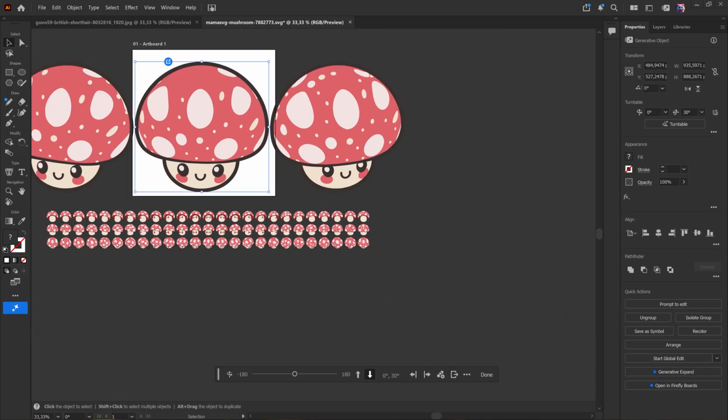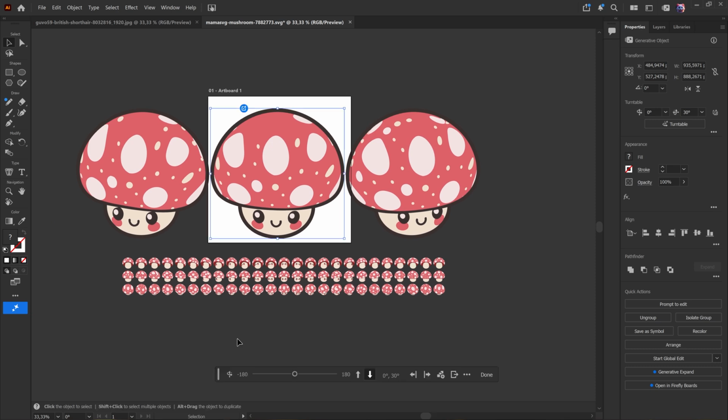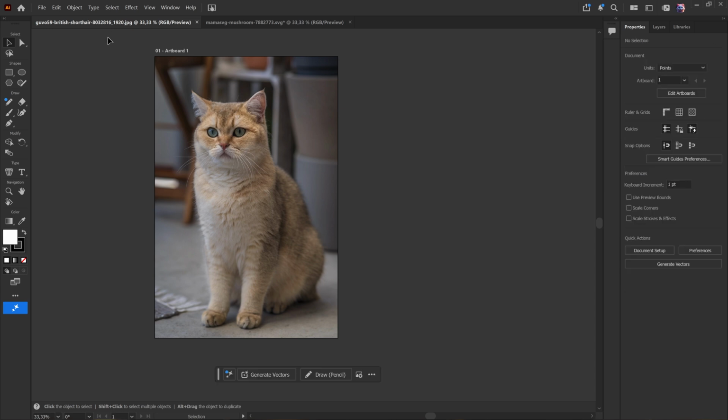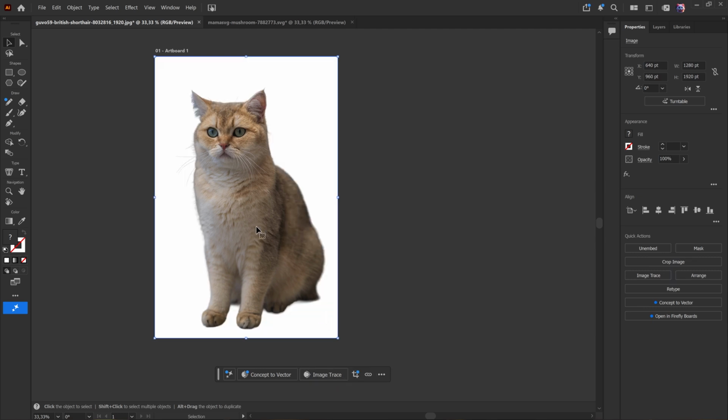But as I said, they added a new feature to the turntable you can use, and it's really awesome. It lets you use a picture and make a 3D art from your picture. So not a vector object, as you can see here, it's a JPEG. This was an SVG. This is a picture. First, let's select this one and the contextual taskbar choose to remove the background. Now, we have removed our background, same concept, you select it, and you can choose turntable here in the properties